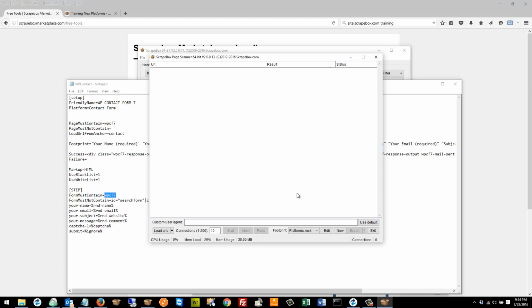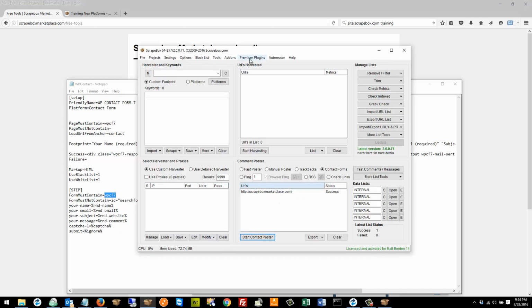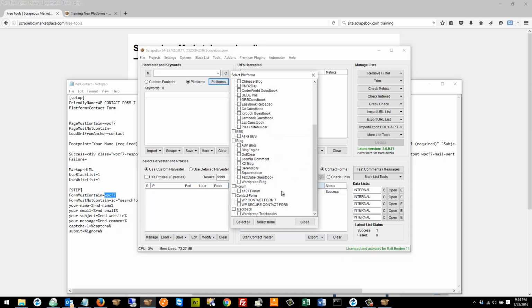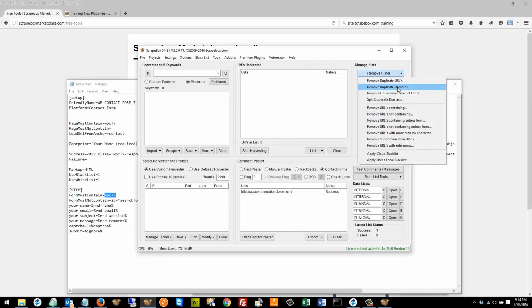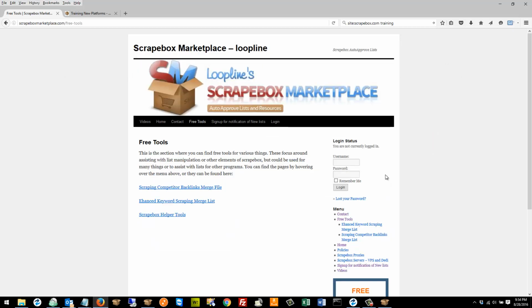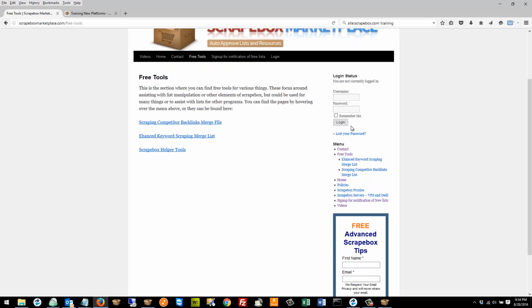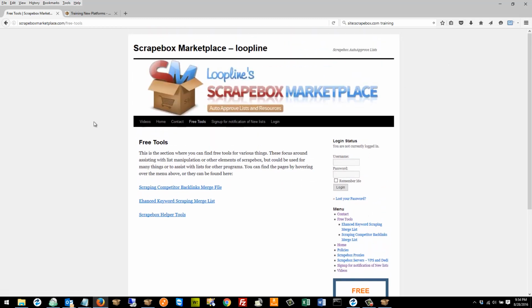A good word of advice is that when you've got these things, we can scrape for them. We could load in our keywords, go to platforms, tick off that we want these right here, and scrape for those based off of our keywords. But it's a good idea when it's done to go to remove duplicate domains, or at least URLs, and then figure this out, because if you have a page, which I've seen, where the contact form is on the sidebar and you scrape 37 URLs from that website, or worse, like 537 URLs, and you hit go, Scrapebox is going